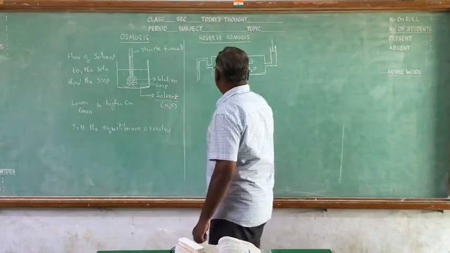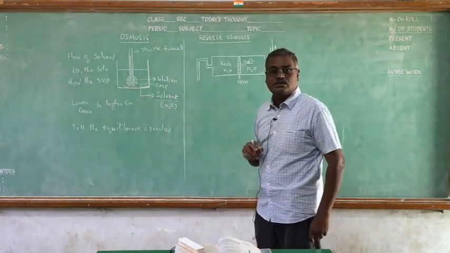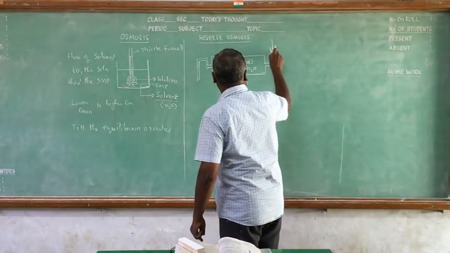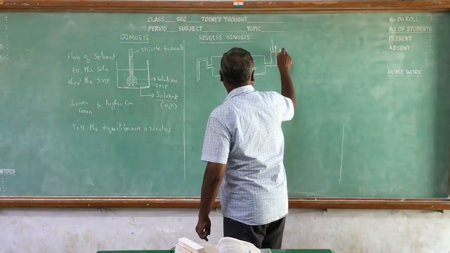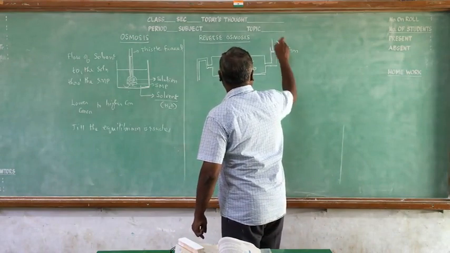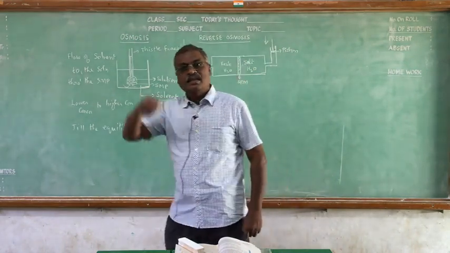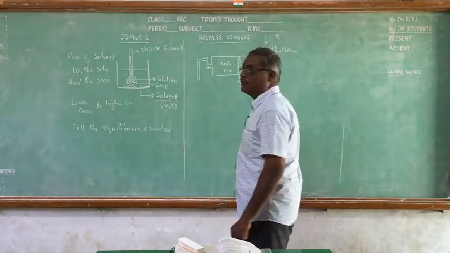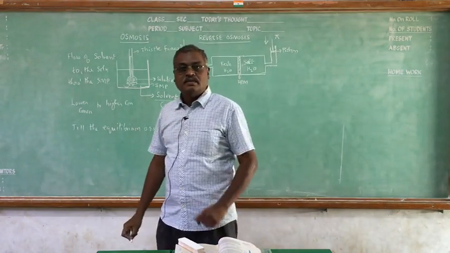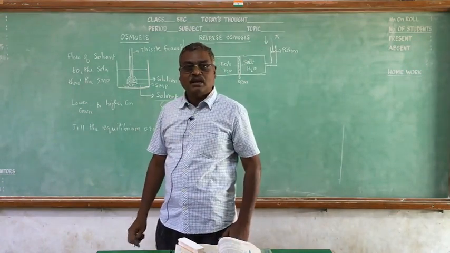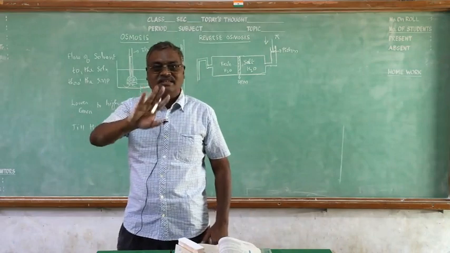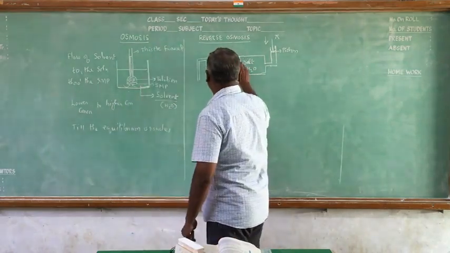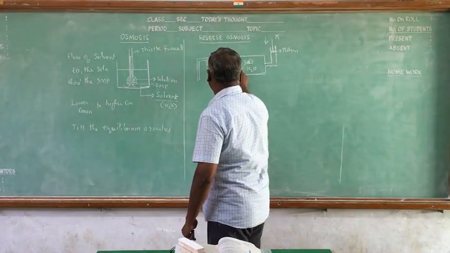Now actually here what happens, fresh water only goes to the salt water, but what I am doing, on the other side I am keeping a piston. I am bringing the piston down, or I am applying some pressure on the piston. That pressure is pi. Due to this pressure, what happens? The osmosis takes place in the reverse way. How does it take place in the reverse way? From the salt water, only the solvent will go to the other side.